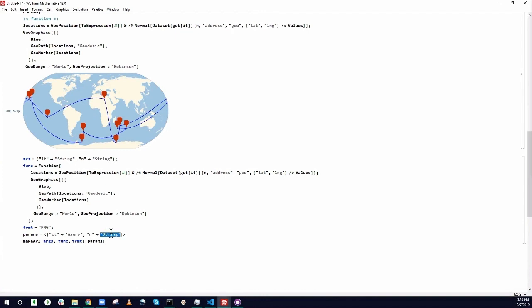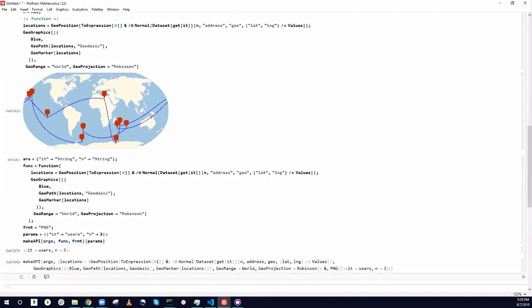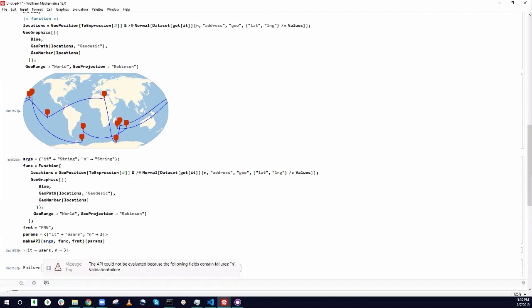Users, and this is going to be, I don't know, 3. And if we have everything, args, typo there. Okay, if we have everything, we have a fail, n, because n. Oh, I see. So this is another... This is how you go about debugging it, right? So n has to be put into